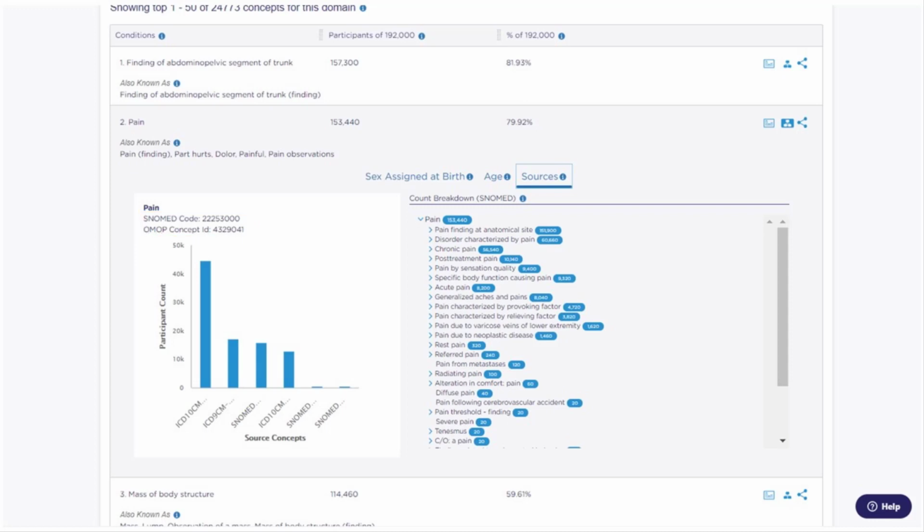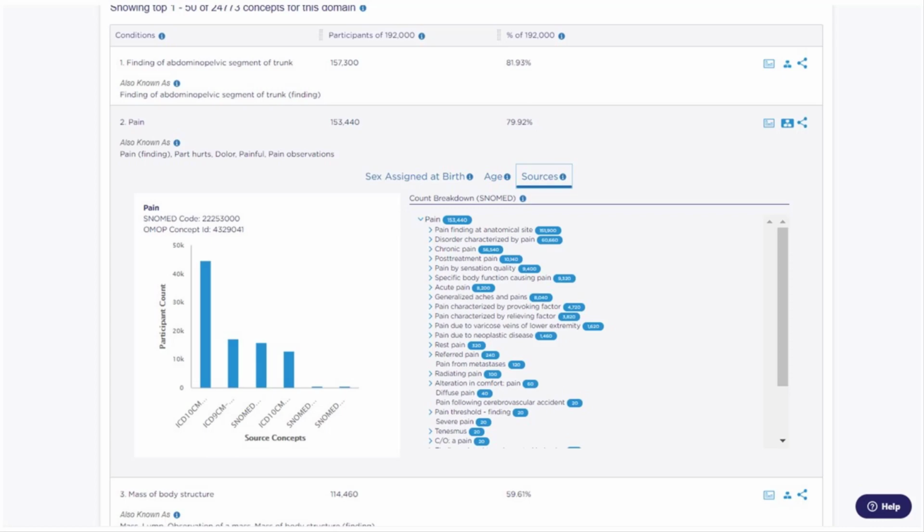Clicking on the Sources tab will display the conditions in a hierarchy, where there is a top-level concept that contains more detailed concepts within it. These will drop down when you click on the arrow to the left of the top-level concept of interest, also known as descendants of that top-level concept.